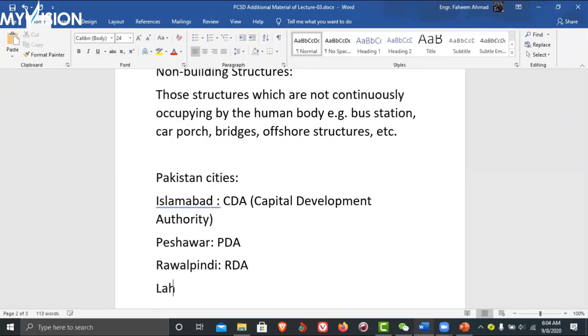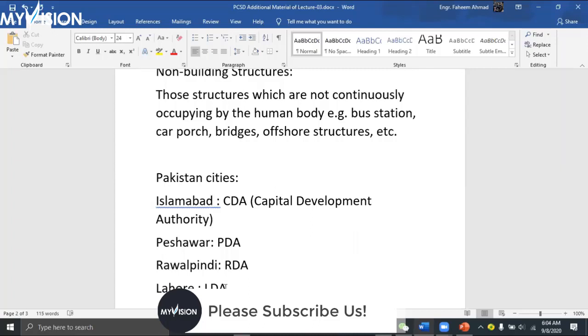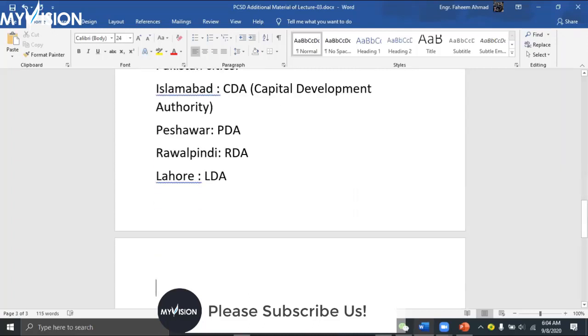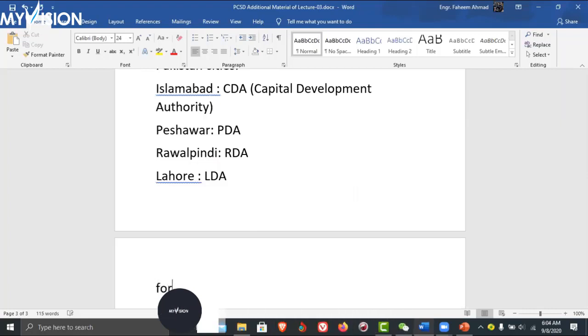For Lahore, it is LDA. And for Karachi, KDA. Similarly, these are the authorities; if you want to construct any building in these cities, you have